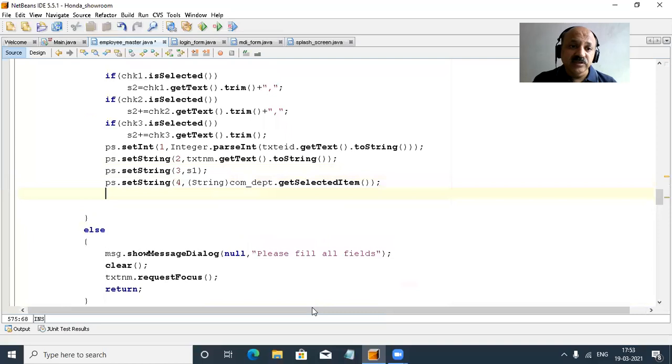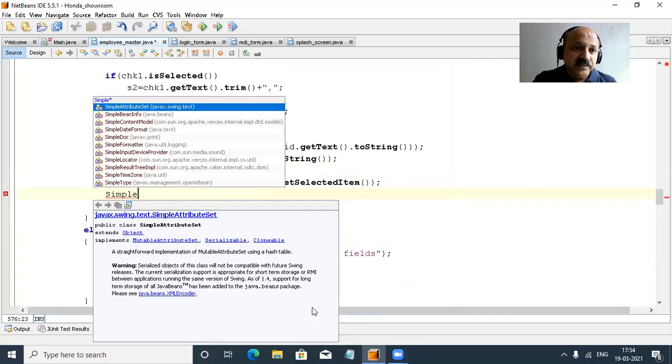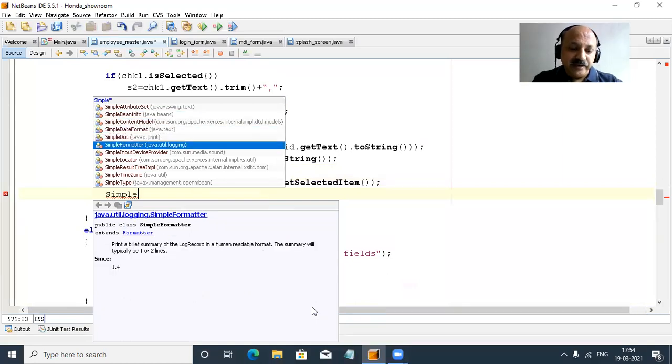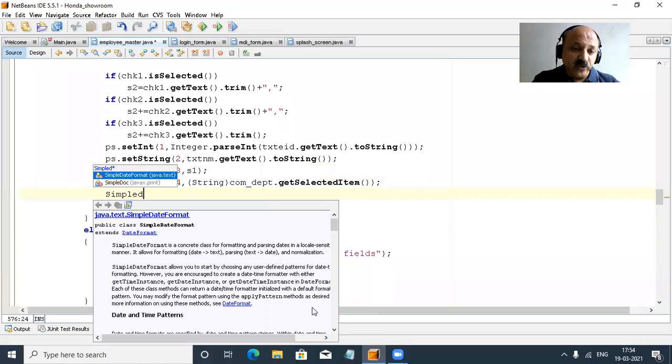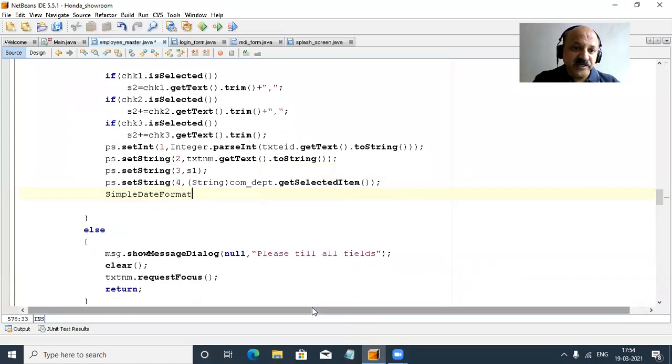Now very important, that is the fifth field, and that is the date field. So the date field is an insert. We can typecast our format, date dd mm yy. So I use the SimpleDateFormat class. Yes, simple date format, in the java.text package, and we can use it as sdf.